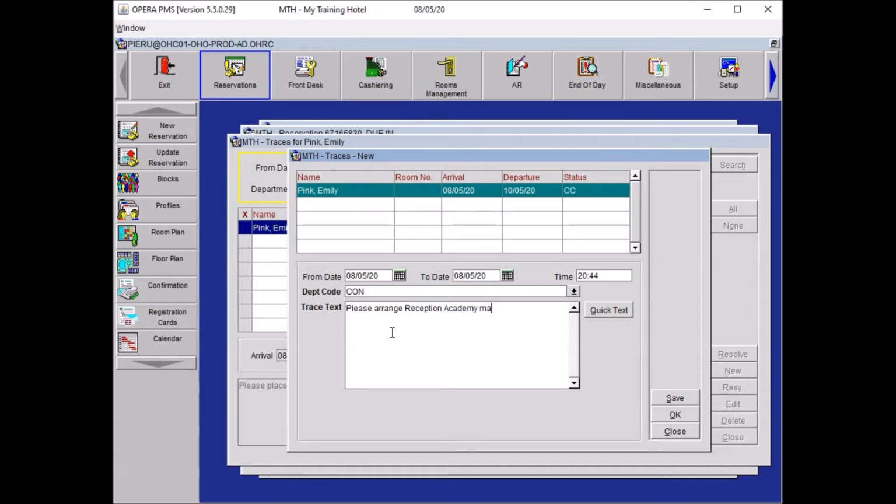magazine to be delivered to the room prior to arrival,